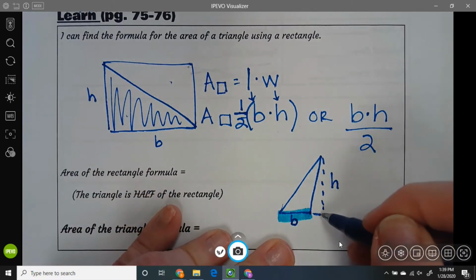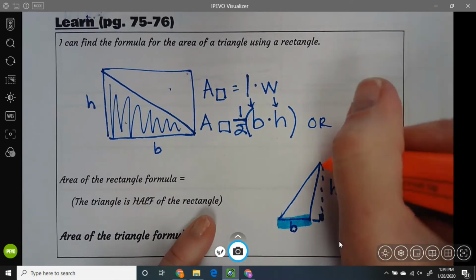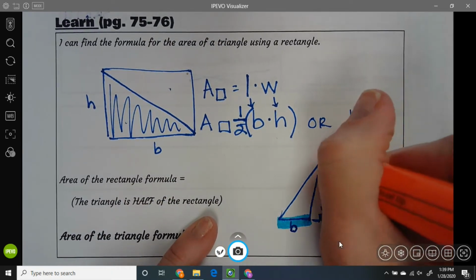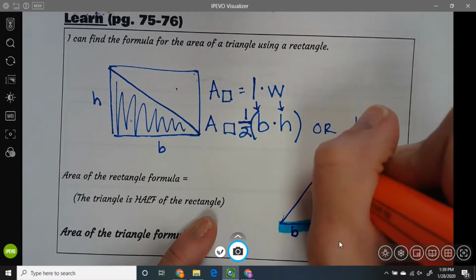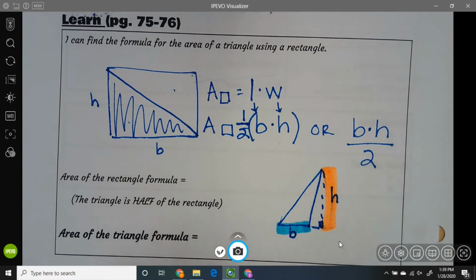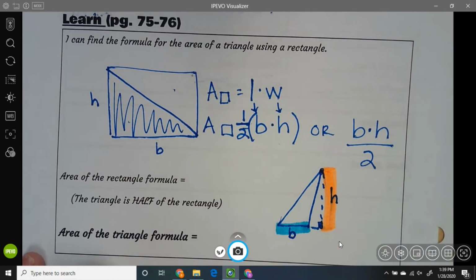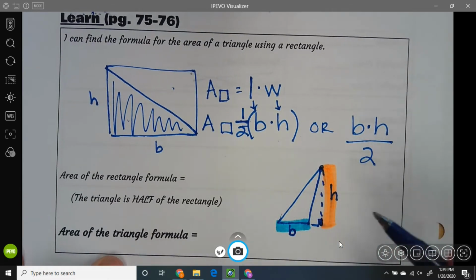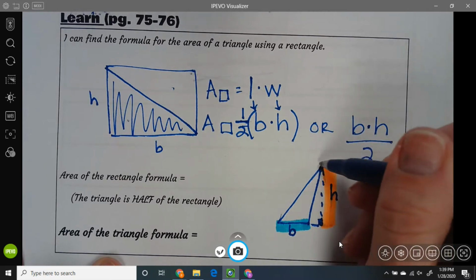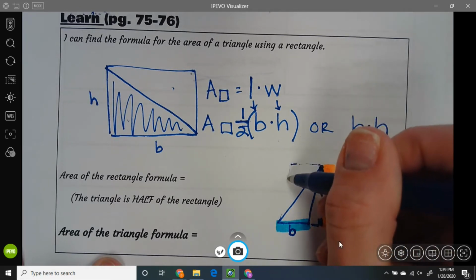And then we'd have to make a right angle. And then the height would be the distance off of the base. So it's where it meets the base at a right angle and then connects to the opposite corner, which is right here. So then we use the formula base times height, which I could complete into a rectangle,